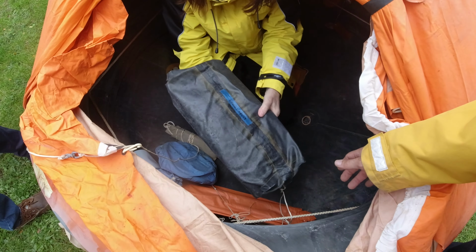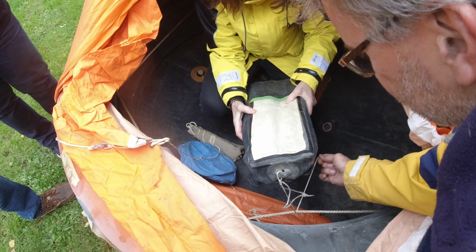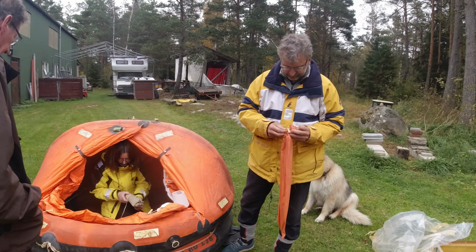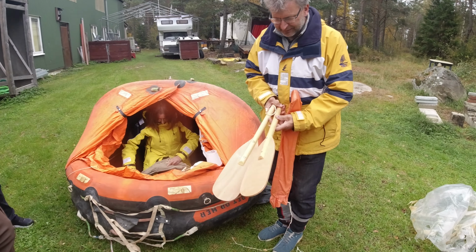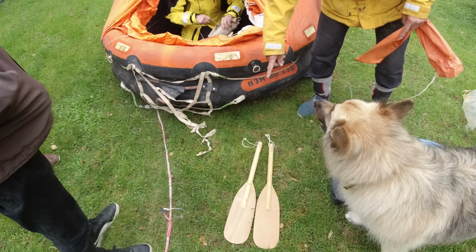Welcome aboard, Sanna. More clean. Batteries. Can take it out. Radio. A couple of short paddles, but if you capsize near land, that's